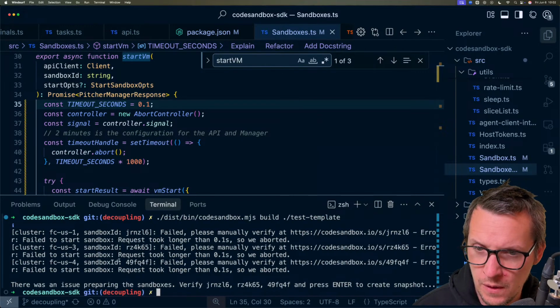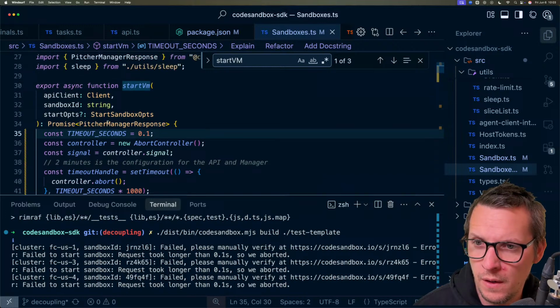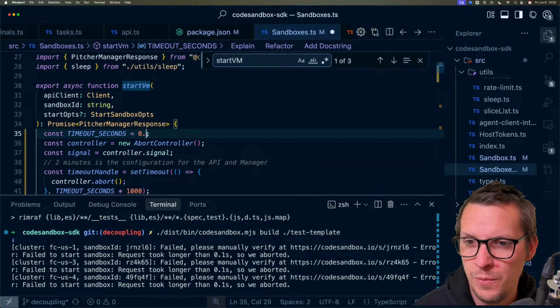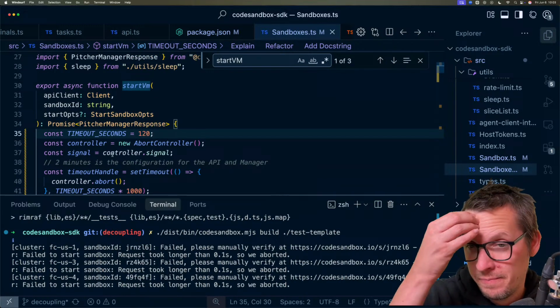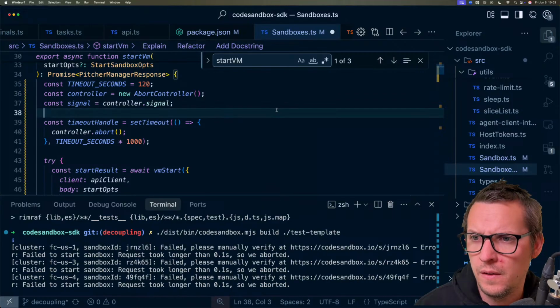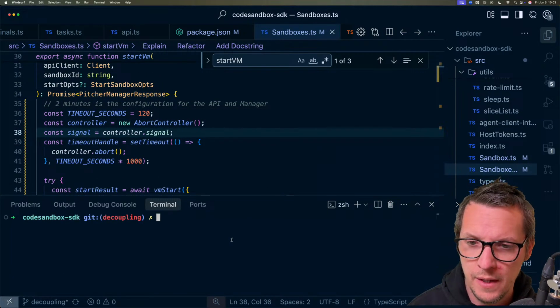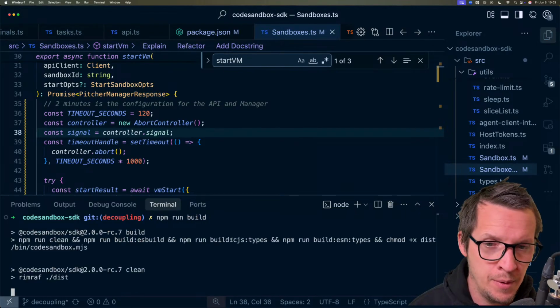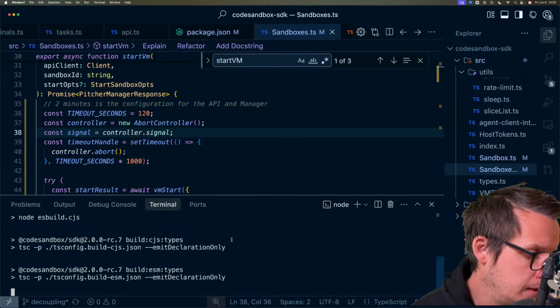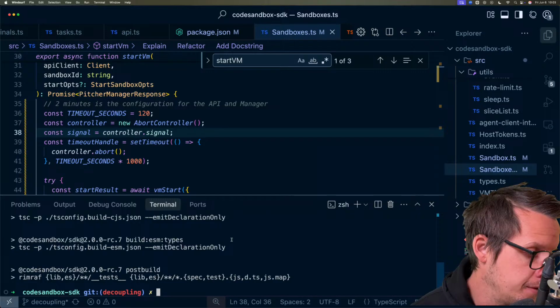Yeah. It took longer than the limit, so we aborted. Nice. This is perfect. 2 minutes. Okay, great. Clear npm run build. We're happy about that one. And then as we're waiting for a response here,